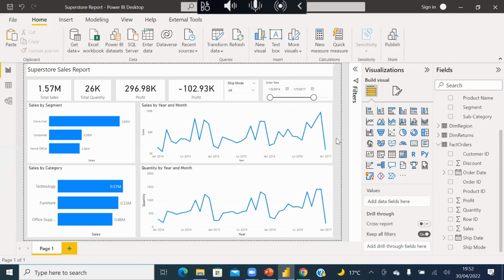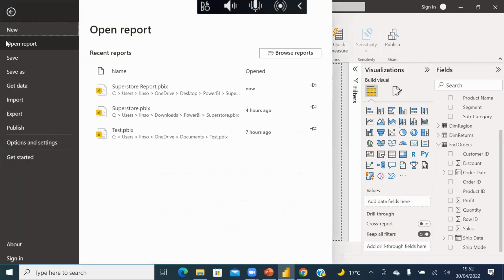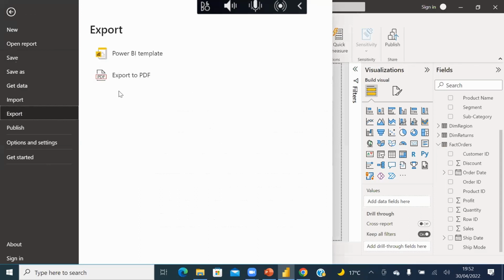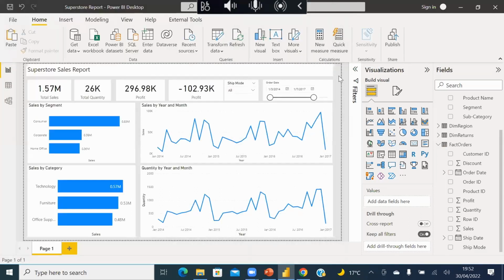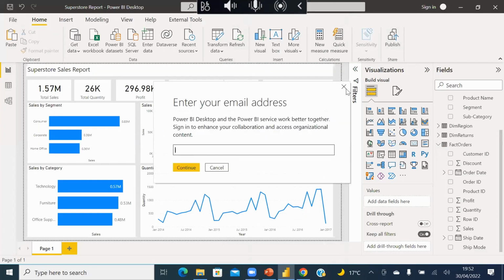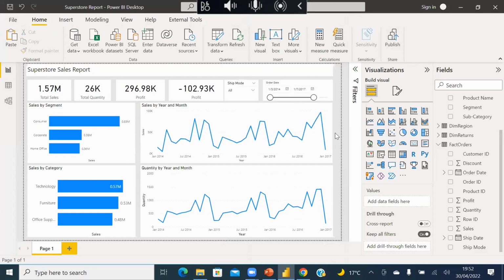Great. So if you're done with your report, you can choose to export to PDF, you can export it as a template, and you can publish to Power BI service. I know that most of you will not be able to publish to Power BI service because you've not set up your account and all that. Those are things we'll cover in the subsequent section. We're going to build on this, drill through, so you can rename this page to overview, for example. I'm going to stop here since we're almost out of time to answer questions.